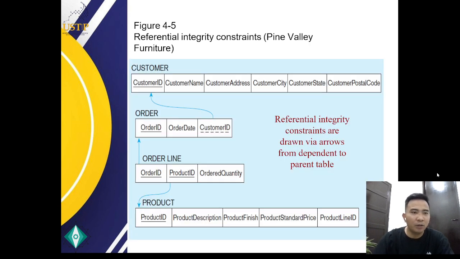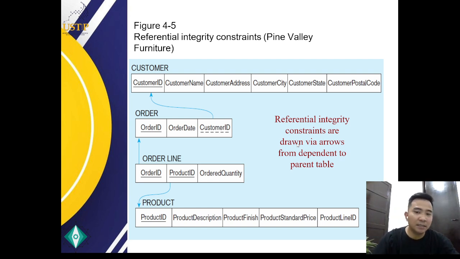So example of referential integrity constraints for Pine Valley Furniture, we have this customer ID indicated in the dependent table. So the customer table is the parent table for the order table. Okay, the order is dependent on the customer.